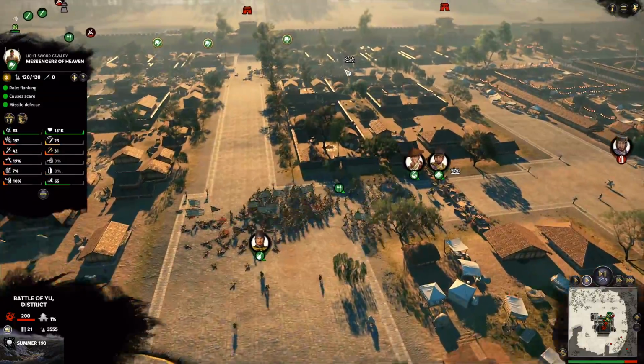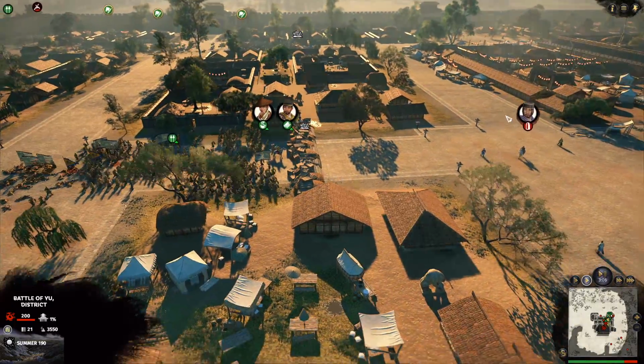Our cavalry has moved into the city. We're going to take down this barricade. We're going to take down this barricade as well. The enemy sentinel